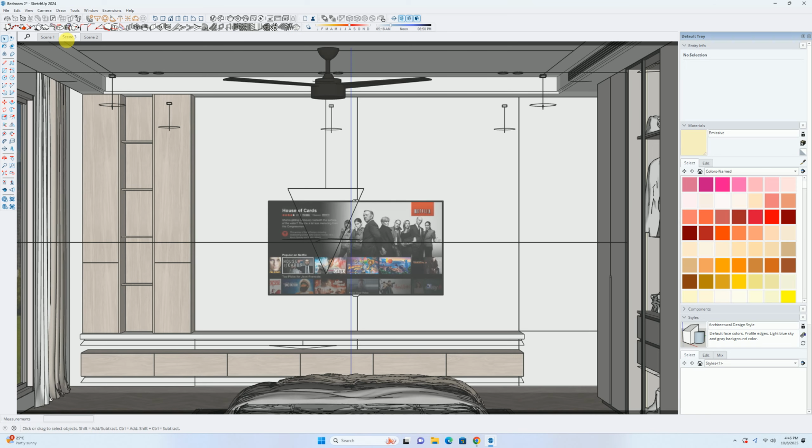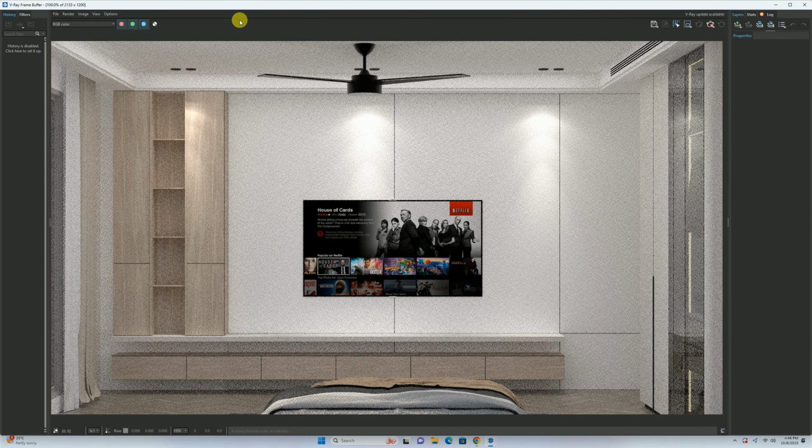I will right click on the mouse again and go to this shortcut feature.